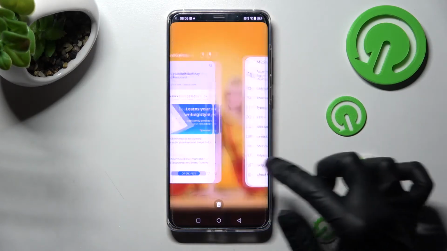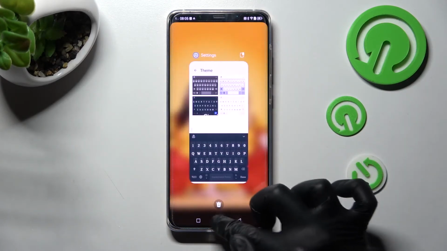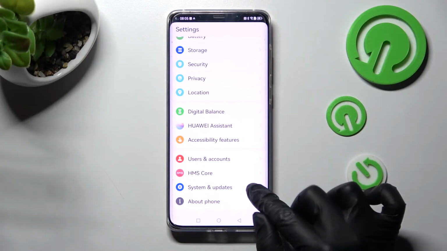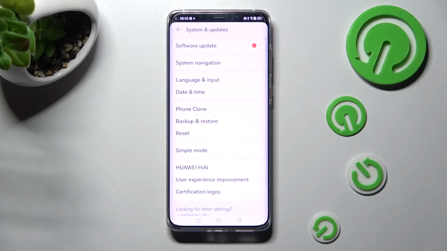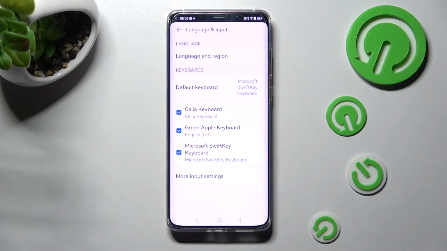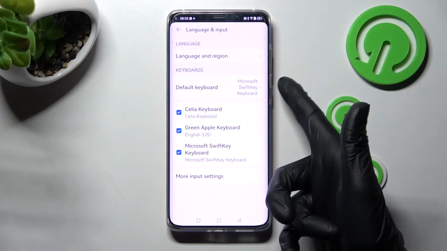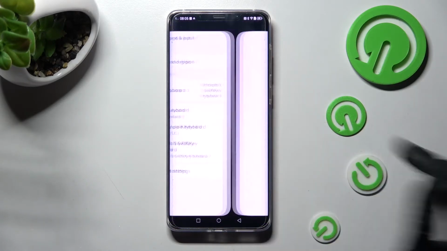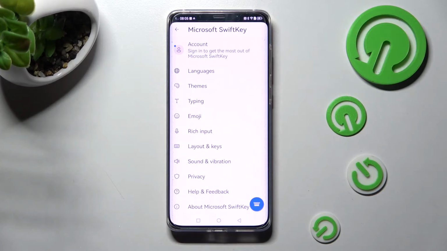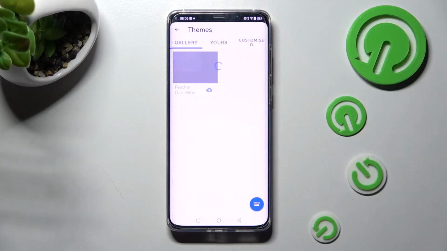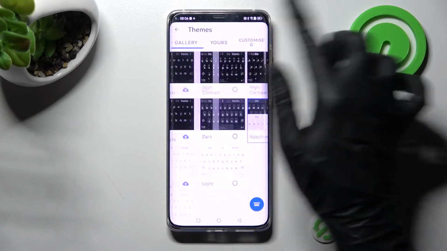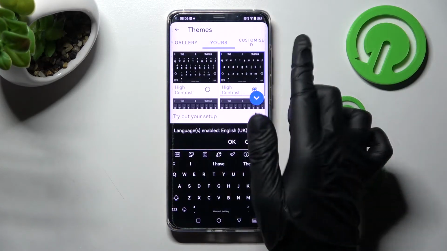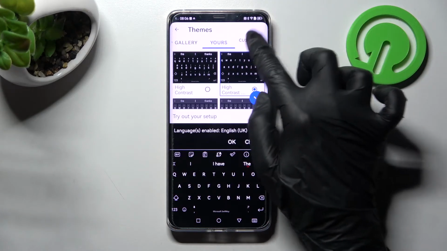Then close your app and go into Settings. In there, tap on System and Updates again, select Language and Input, and make sure that Microsoft Keyboard is your default one. Then click on it over here. Now finally you can select Themes. Then click on yours, tap on one of those if you wish to apply one of them, or select Customized